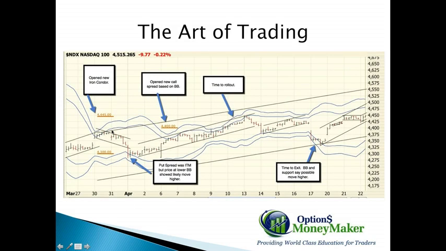So here's the chart. This shows where we opened the Iron Condor. The 4445 was our call risk point, and the 4300 was our put risk point. You can see that that strike was well outside resistance, as well as both the 2 and 3 standard deviation Bollinger Bands. Now the 4300 was above the Bollinger Bands, but it was below support of the channel, this cycle that we were tracking.